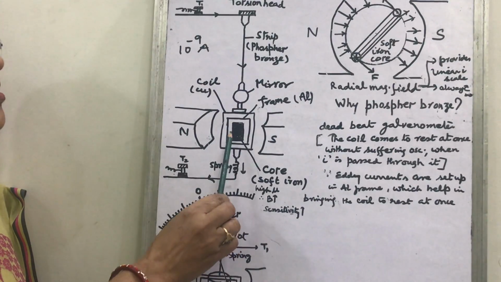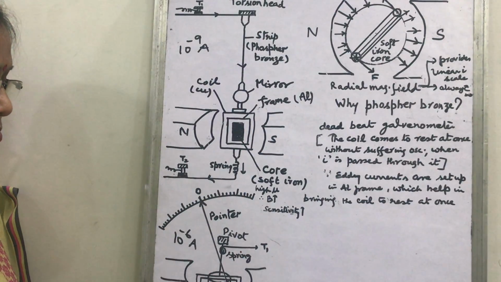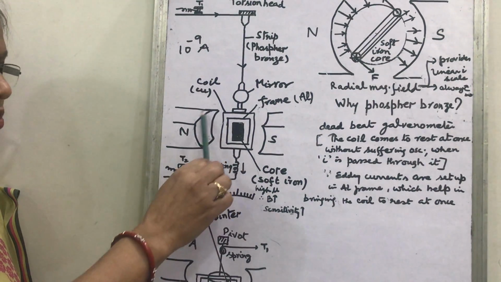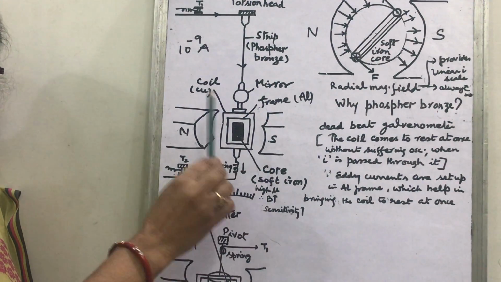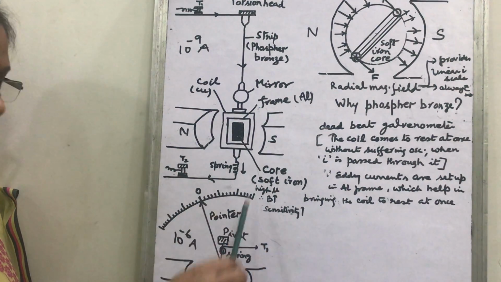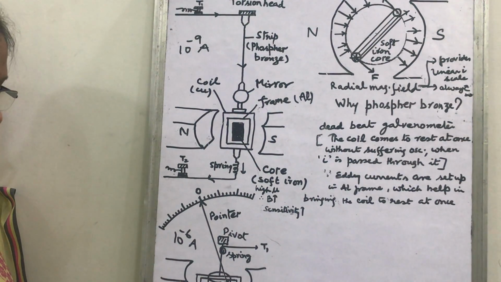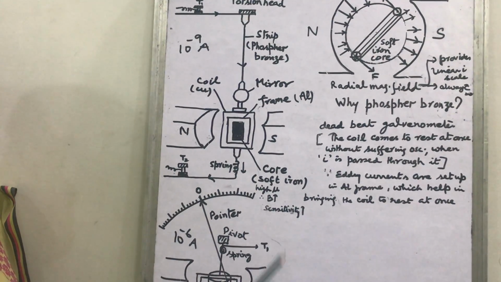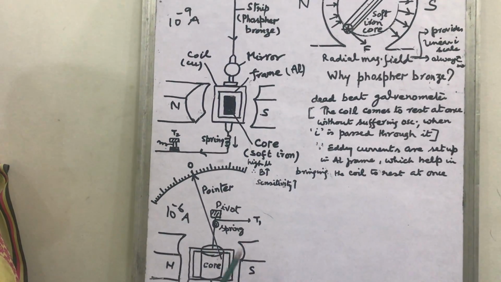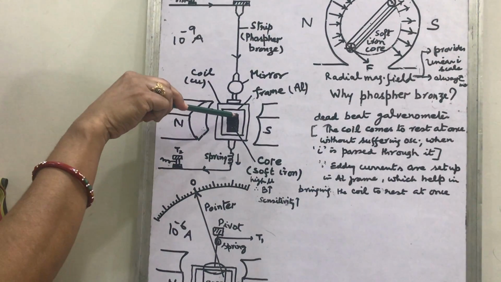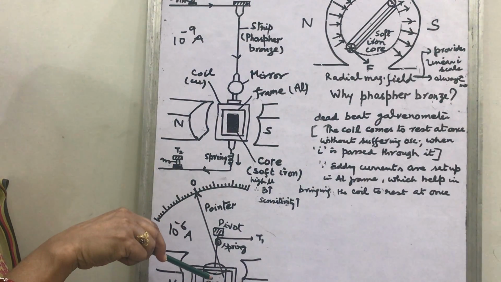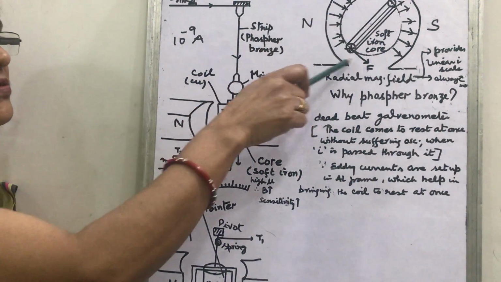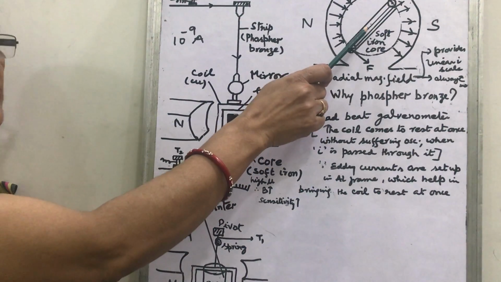And here is the role of the concave cut magnet. This is the suspended coil, this is the pivoted type. In both you can see the powerful magnets which are cylindrically cut, concave cut. And why? Because these magnets provide a strong, uniform and radial magnetic field. And what is the role of the radial magnetic field? Look here, in the top view you can see, either from this or from this, both figures are moving coil galvanometers, that the coil is wound passing through the soft iron core, and it is insulated.